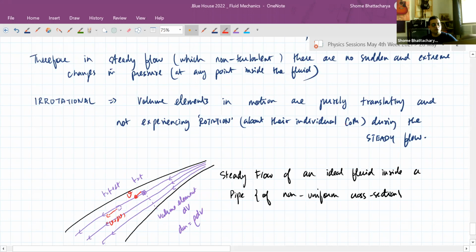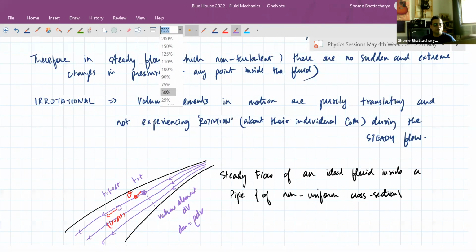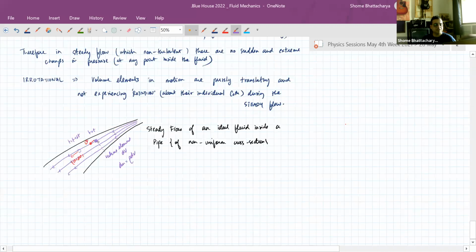Now the very important thing here is that when a volume element moves on from its current position to its next location, some other volume element is coming and occupying the first one's position. That second one should have the exact same velocity vector. That is the important property of steady flow. And that happens because there is no sudden change in path because of collisions, and also no rotation. As you can see, the volume elements are undergoing pure translation. So these two properties, the non-turbulence and the irrotational or translational nature of the motion, take care of this important property of steady flow,